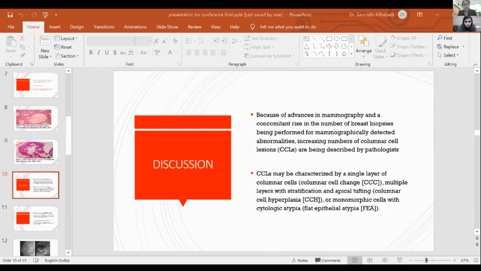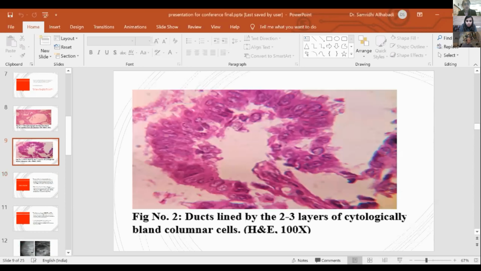Kindly run your slideshow. No? From the slideshow option, just go to run the slideshow. Sure. Is it visible now? No. Only one page is visible, right? Yeah. Now you go to the slideshow, like you are at the home screen. In the presentation itself, right? Yeah, in the presentation itself, on your PPT, the slideshow option, and you start from.